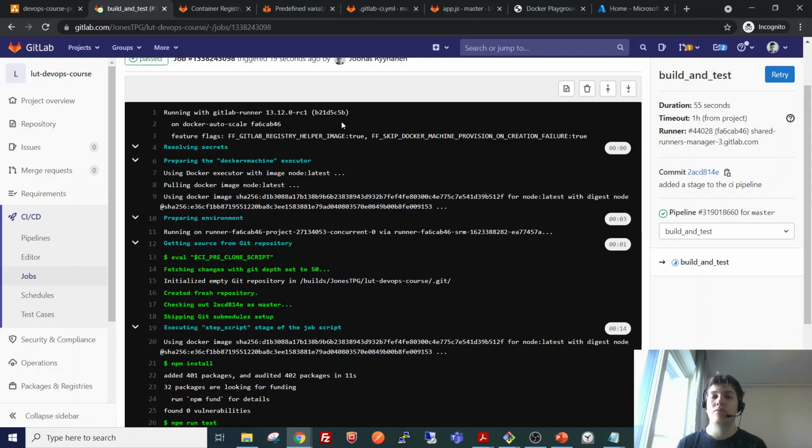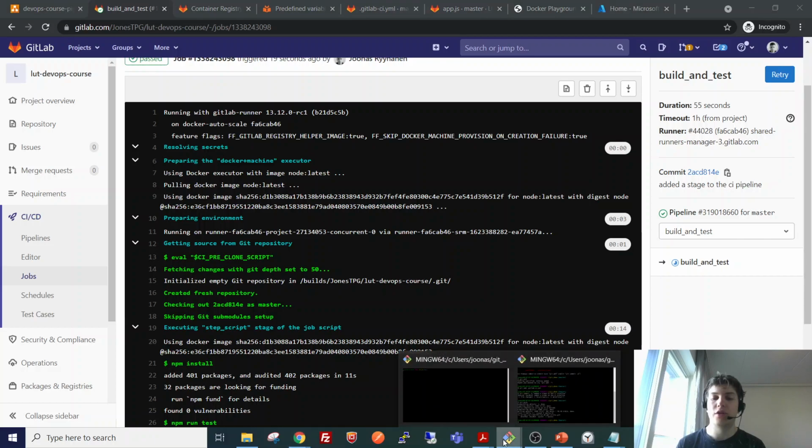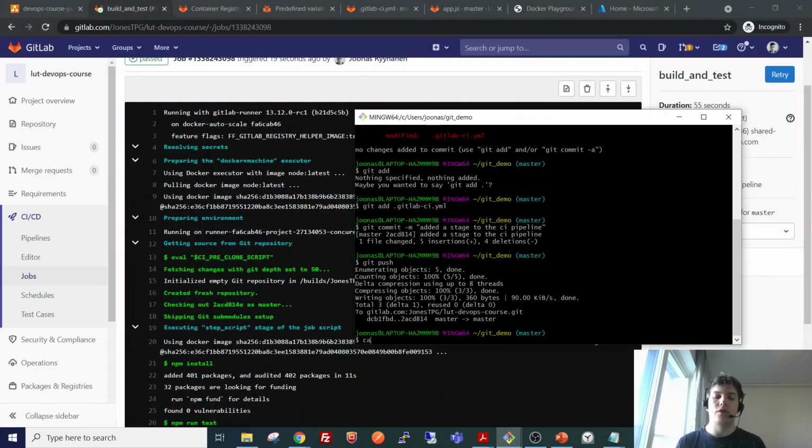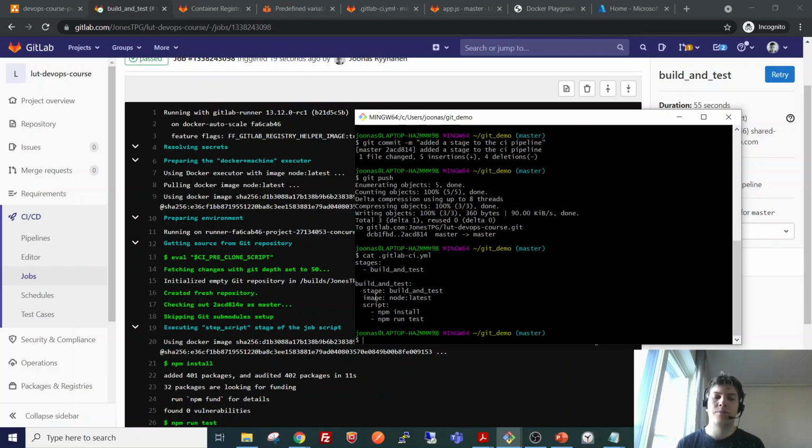That is basically a server, some kind of server that has Docker enabled. The Docker plus machine executor here means that the runner has Docker installed, and in the pipeline file stage we are specifying that we want to use the node base image inside the runner.